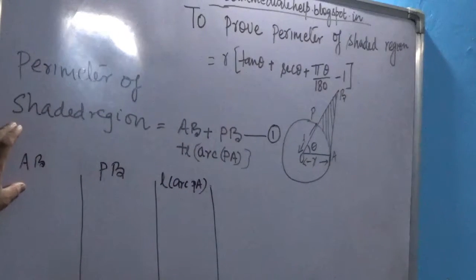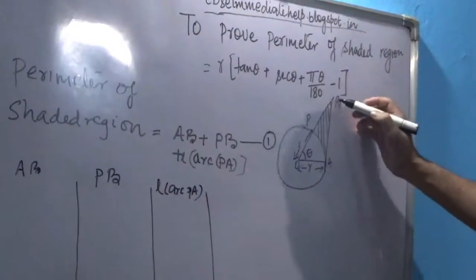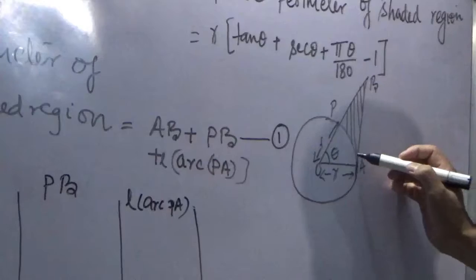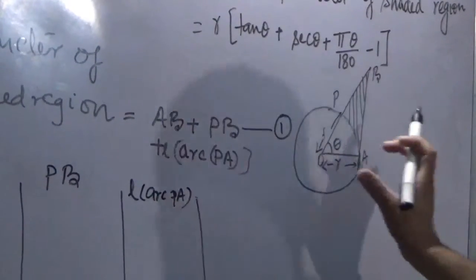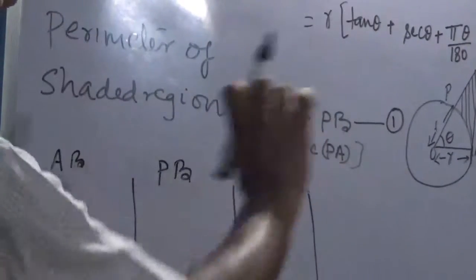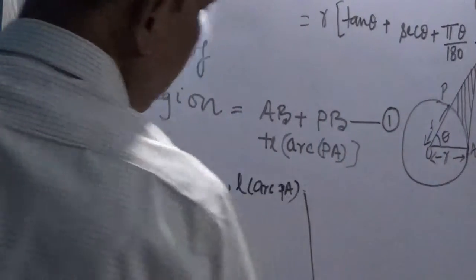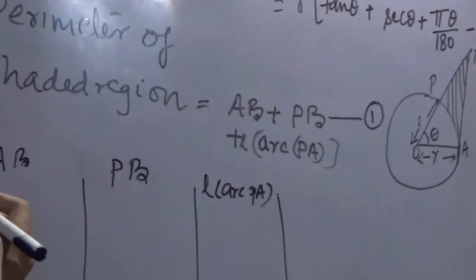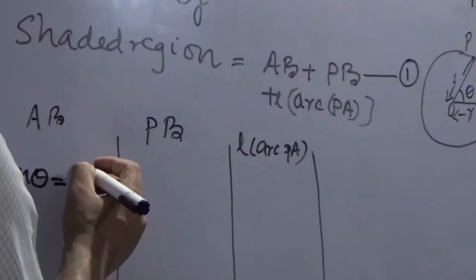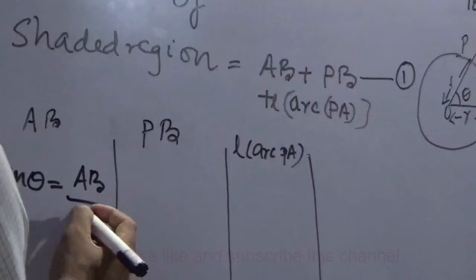So first term is AB. Now in order to find AB, what we have to do is to take this triangle BAO. It's a right angle triangle because AB is the tangent, so we can use trigonometry here, and since we have to find out the perpendicular part AB, and we have been given this base part R, so we can use that tan theta equal to AB by OA, which is nothing but R.